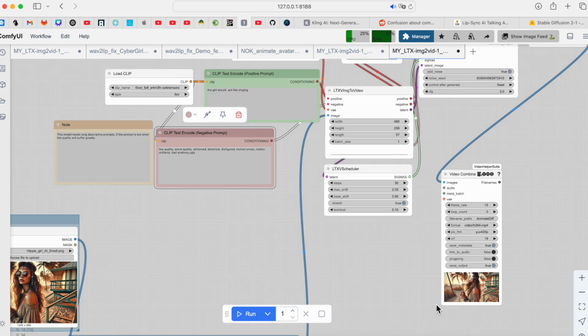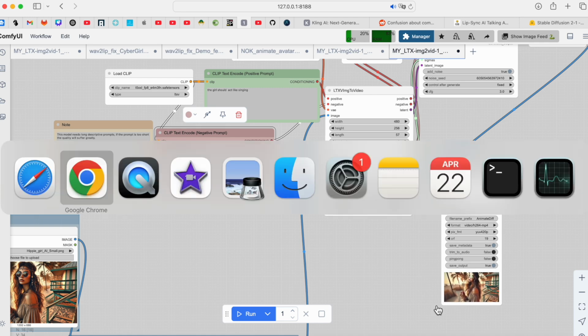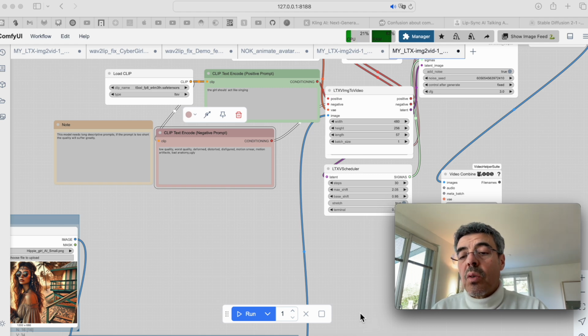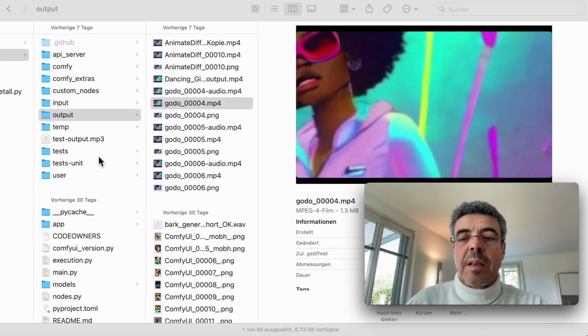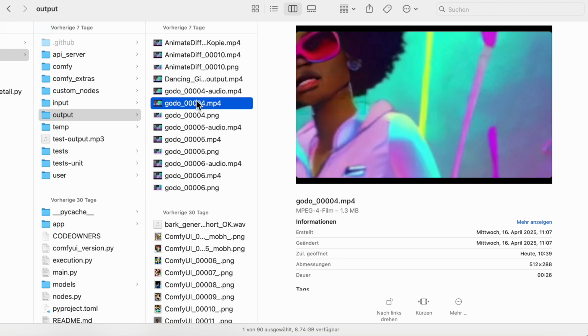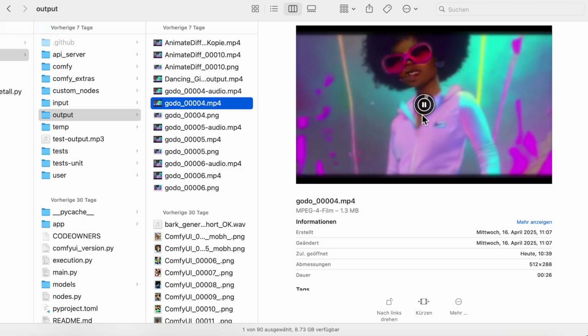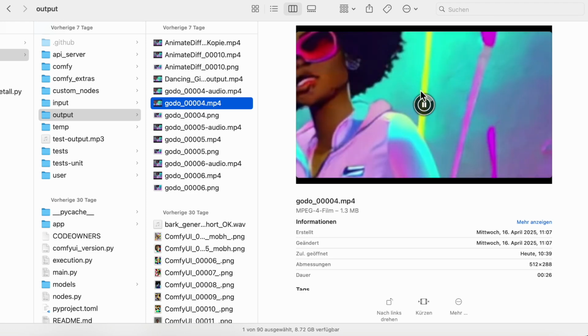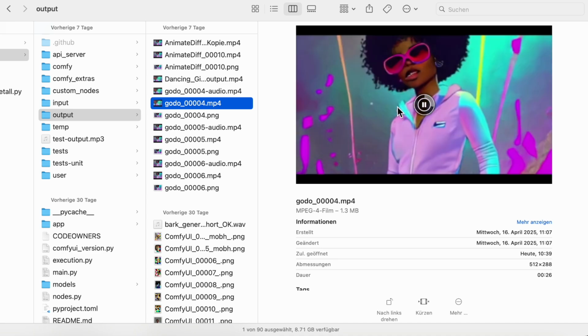The quality is really not yet there, so you need to make a couple of tests until you have something you like, and especially you need to edit the video, maybe with CapCut or with iMovie if you are on Mac, to get only the clips which are good enough. This is the output folder of Comfy UI, and here you can see the results of the generation. This is one output, and as you see, the quality is not yet there, but